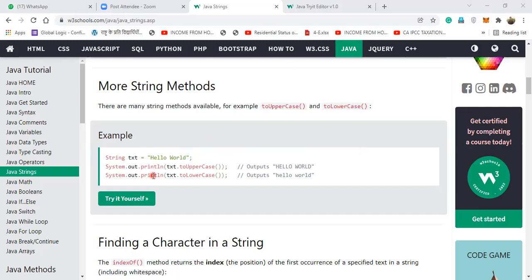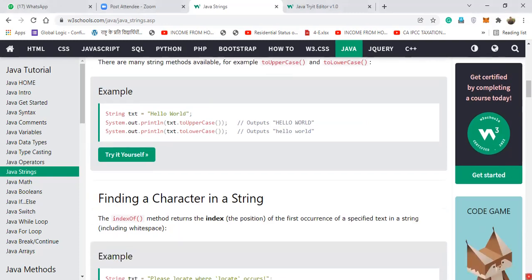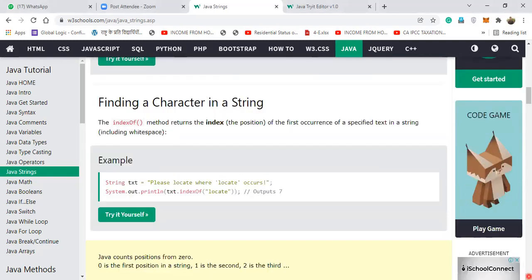Yes, ma'am. How many functions have we done till now? toUpperCase, toLowerCase, length. Three we have done. Another thing I need to explain more is finding a character in a string.